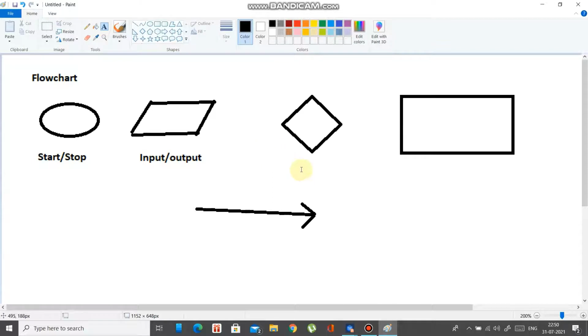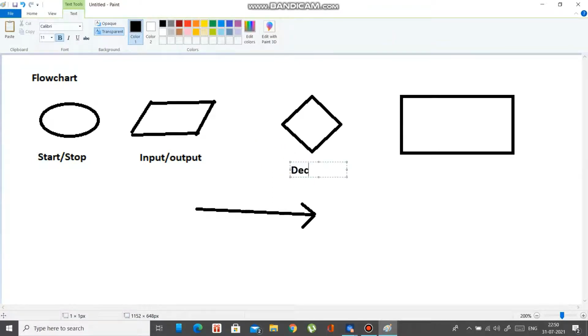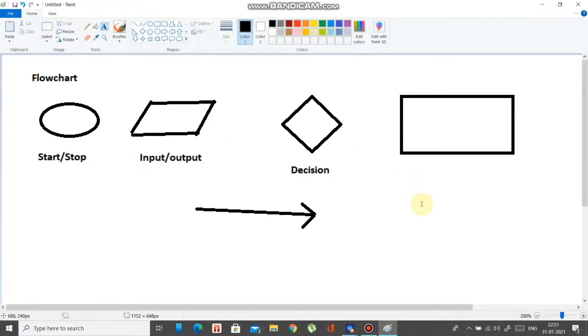And the rhombus represents decision. And rectangle represents process.